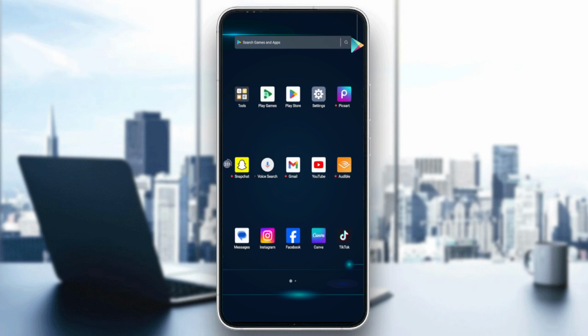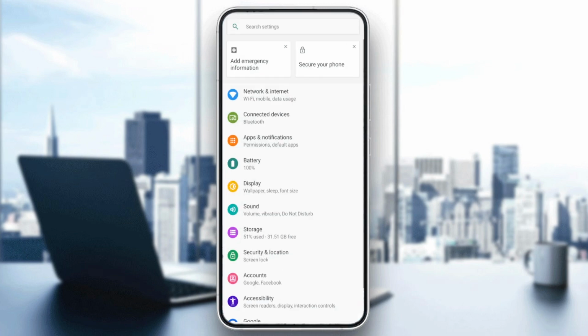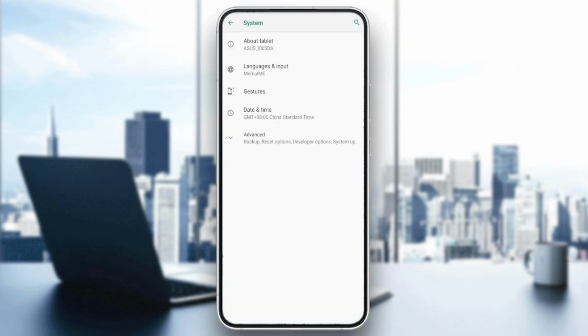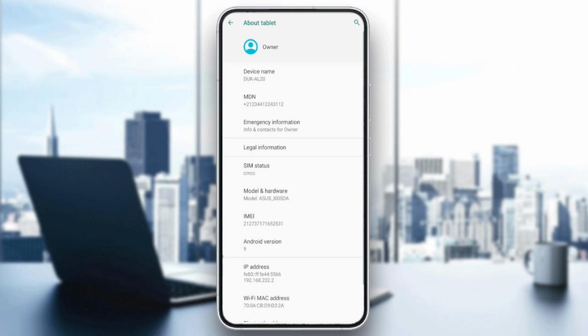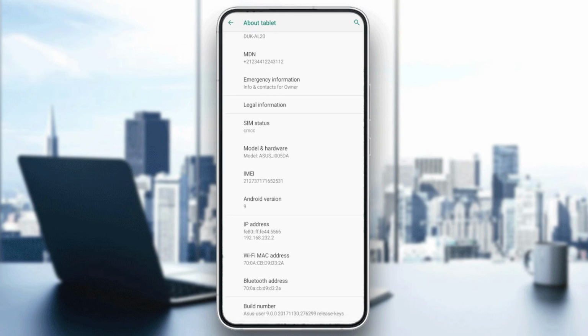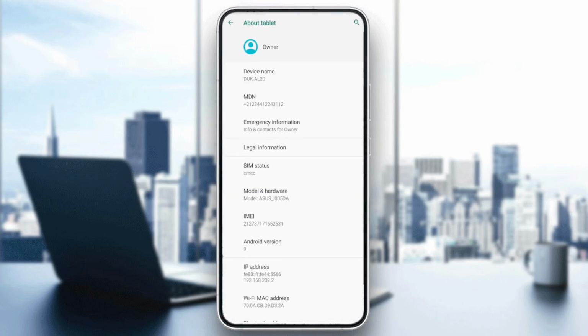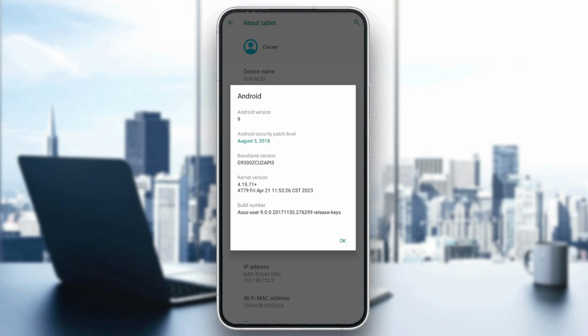To check your phone version, you will need to go to settings. After that, go to system, and then go to about the tablet. You will find the device name, etc. And of course, you will need to go back, and here you can find which Android version. In my case, I have Android 9, so I do not have the built-in screen